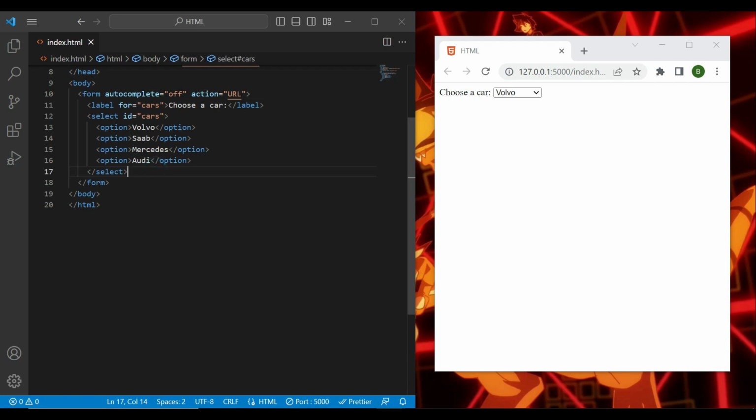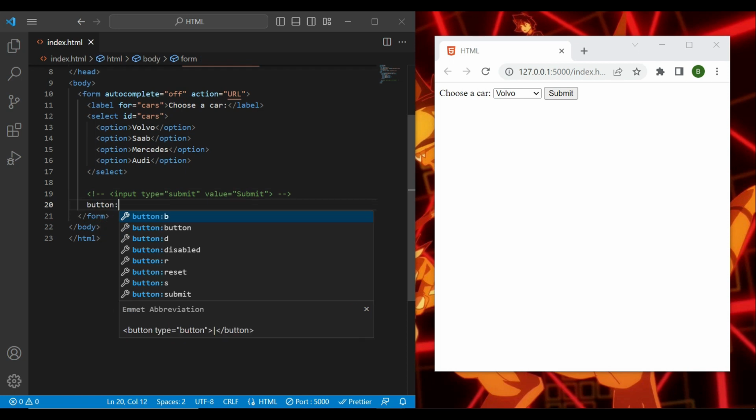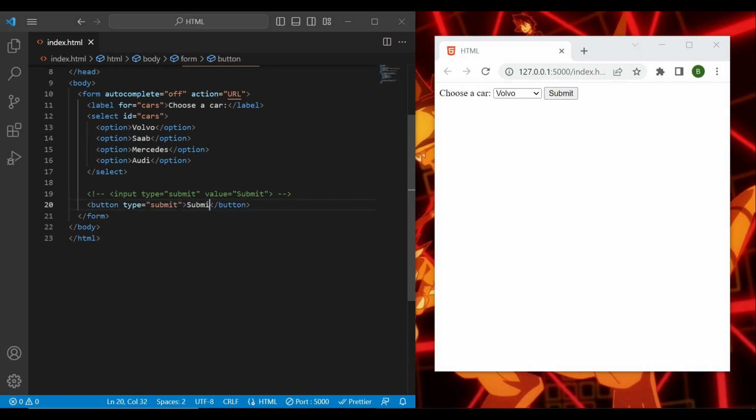So in order for us to do that, we just need an input of type submit. First of all, you can see a type of submit, or you can have just a button of type submit with the text of submit. It will do the same thing. I know that you want to know more about forms and start practicing with that, and I will do a couple of videos regarding forms, CSS, and some basic